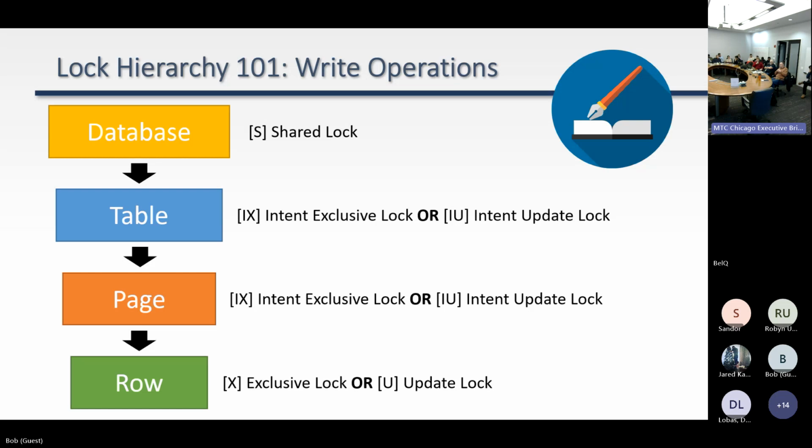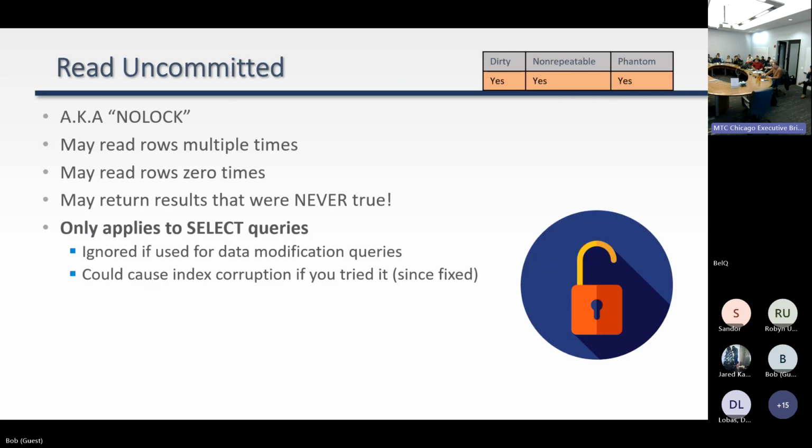So they introduced this concept of an update lock. What happens instead now is your process will take update locks on everything. Once it has all the update locks it needs, it will promote them to an exclusive. But while the update locks are being amassed, other operations can still continue. So it doesn't block as much. It just helps your process play better in the sandbox while you're trying to do a modification of some kind. All right. So now that we've gone through the primer of concurrency and locking and how this all kind of works,